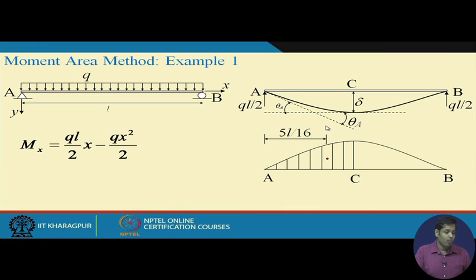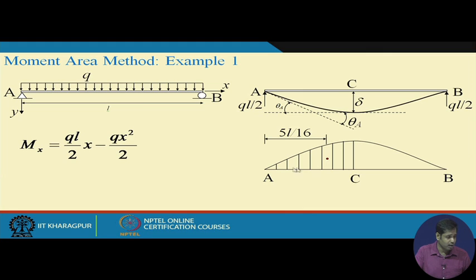Okay. Now, what does the first theorem say? The first theorem says that if we draw tangents at 2 points, the angle between those two tangents will be the area of the bending moment diagram, the M by EI diagram, between those 2 points. So, now between A and C, this is the bending moment diagram. We have also seen how to draw the bending moment diagram for this case,